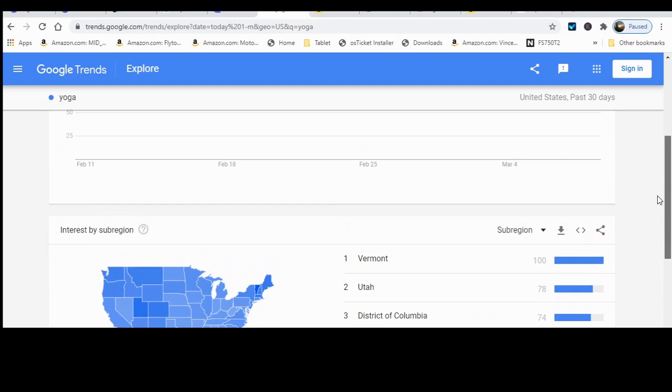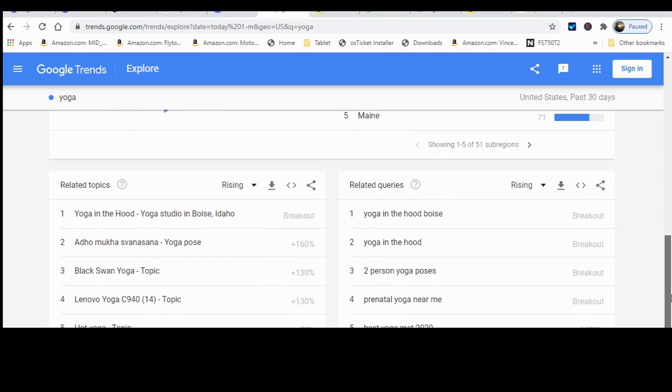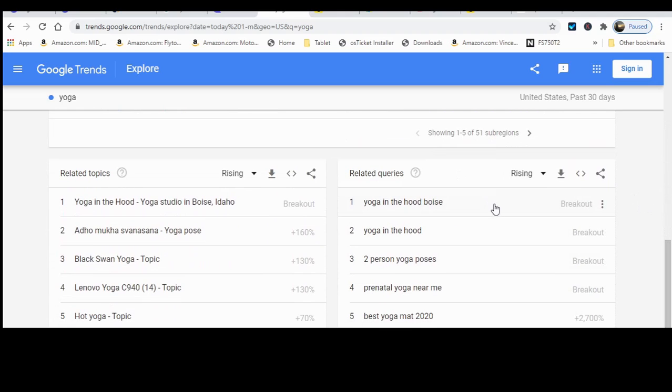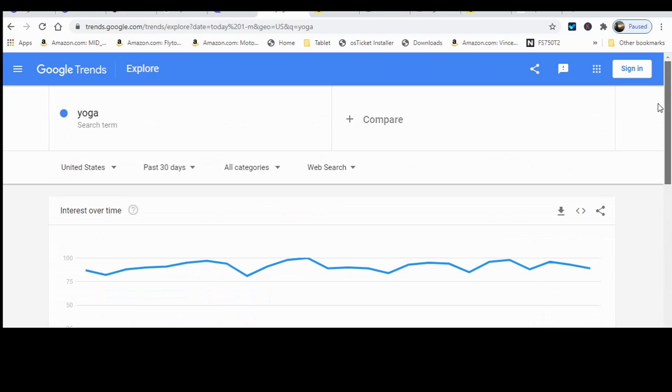You could be in a cake making business, and that's up to you. So if you're a blogger and you're trying to write something about yoga, then this is where you'd look. Okay, so what are the breakout queries? Yoga in the hood, 2-person yoga poses. So it gives you an idea of what people are searching for, and you can pick out something based off of this and run with it and come up with a blog, and guess what, you're going to increase the number of hits on your site. Very self-explanatory. Another one is